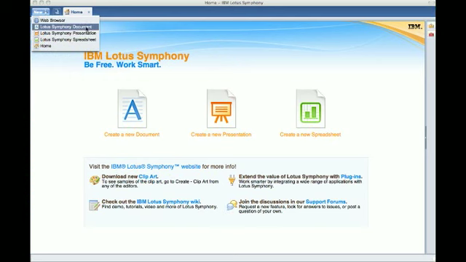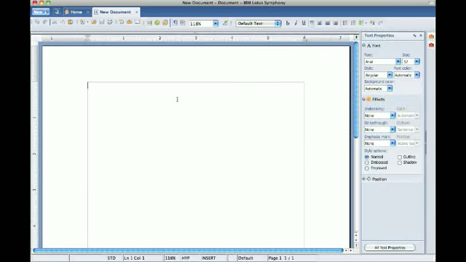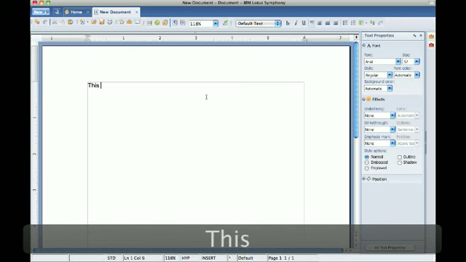Now in this particular instance, we're going to start off with a Lotus Symphony document. When you have the Lotus Symphony document, it comes up and it looks just like a word processor document. And in fact, if you've ever worked with Pages before, it actually works a little bit like Pages with this property wizard open over here on the right hand side. And basically you can just go ahead and type,